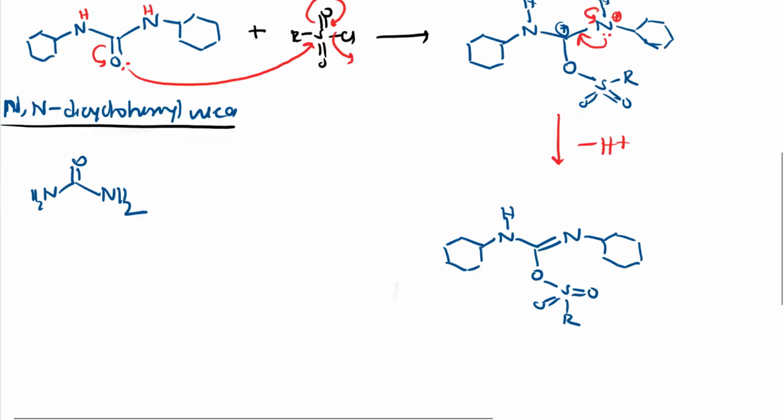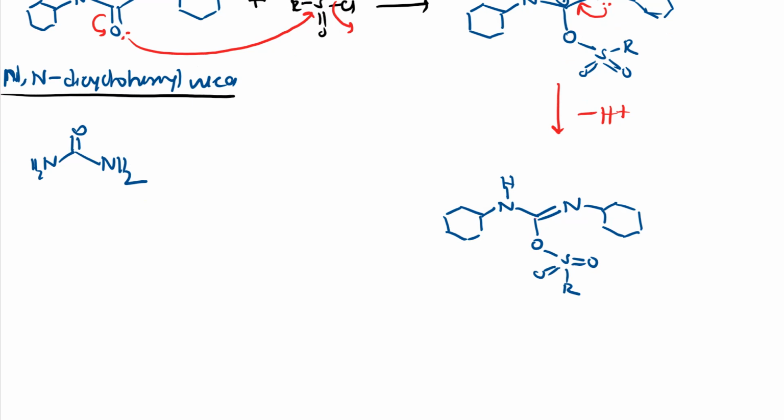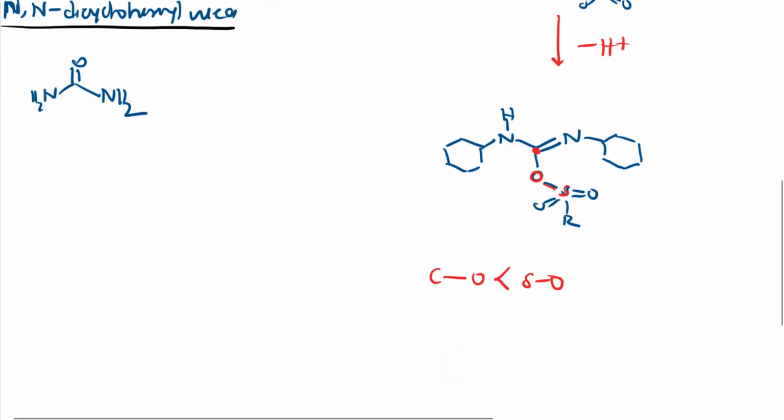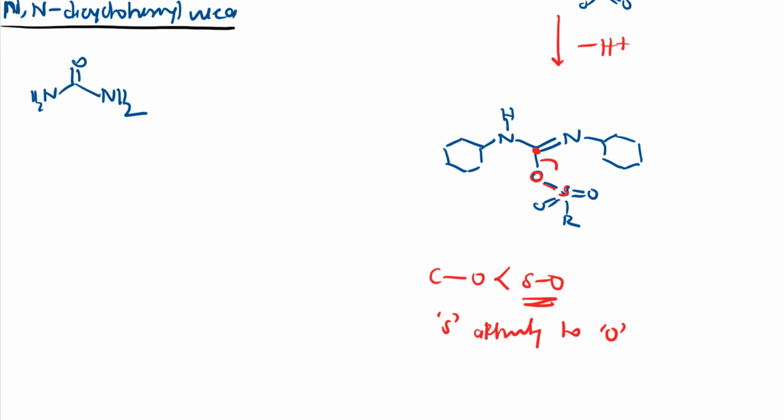Further, see here, I will show this. This is carbon, this is oxygen and this is sulfur. This carbon oxygen bond will be much weaker than the sulfur oxygen bond. Because of the strong sulfur oxygen bond, this sulfur has more affinity to oxygen, so it has the ability to take that bond. Simply it will take the electron density, so this oxygen gets a negative charge on it, and it left the system. How it left, I am going to show. S double bond O here, this became O minus, double bond O and R.